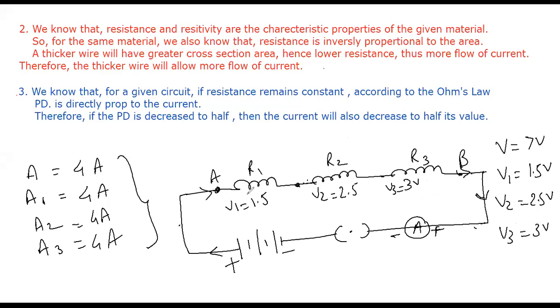I was surprised: current is remaining the same, but voltage shows different values all four times. V1 showed different, V2 showed different, V3 showed different, total V also showed different. But then I checked